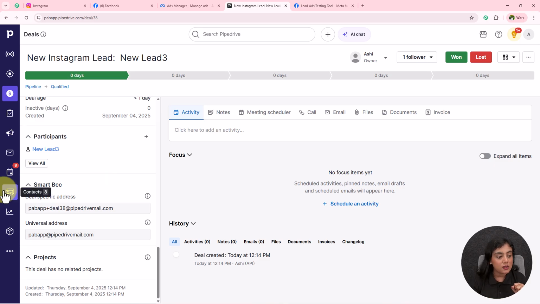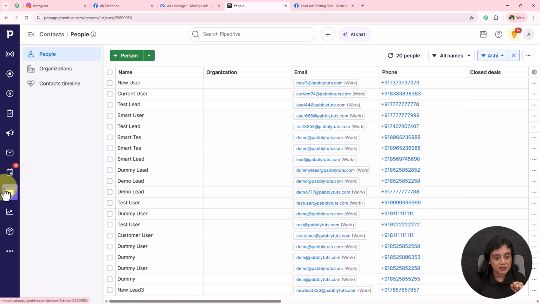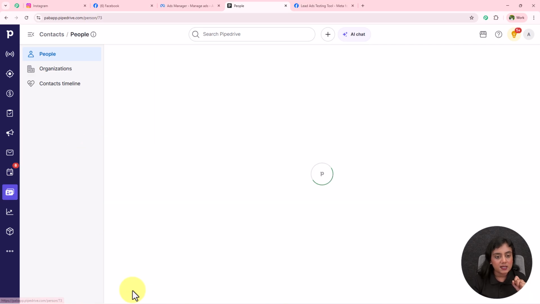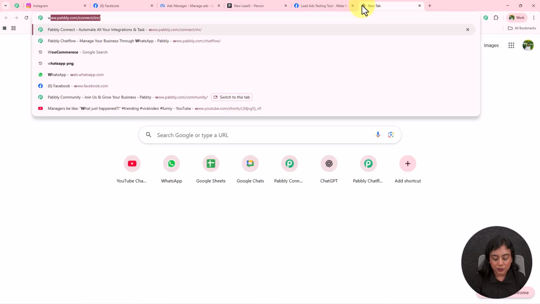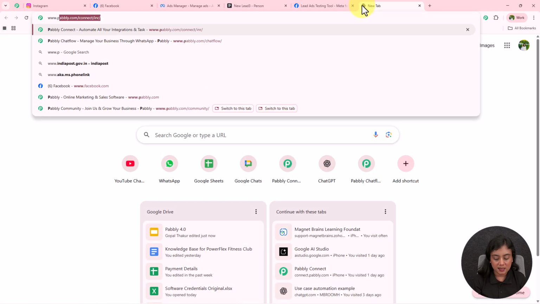With that, this lead has also been created as a person as well, okay. If I'm going to show you right here, you can see right over here, this person has also been created in the name of new lead 3, email address and the phone number. So this is how this amazing automation will work in real time, and we are going to create this automation using Pabbly Connect. For that, on a new tab, I'm going to browse the website of Pabbly Connect, that is